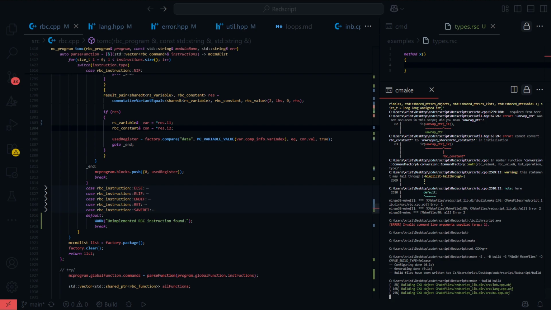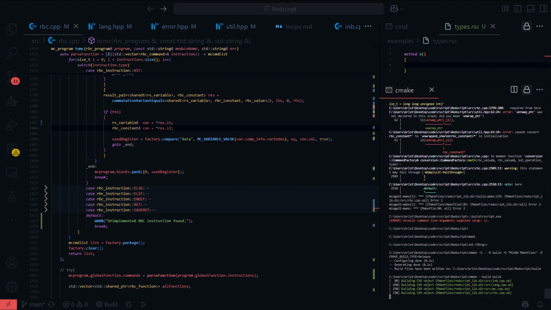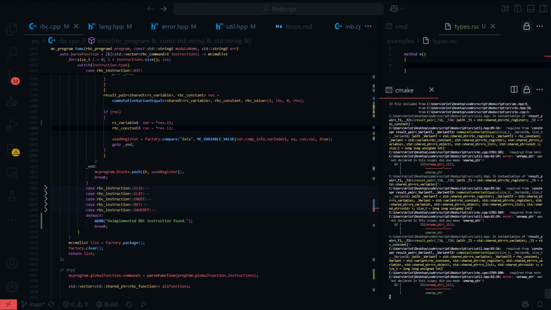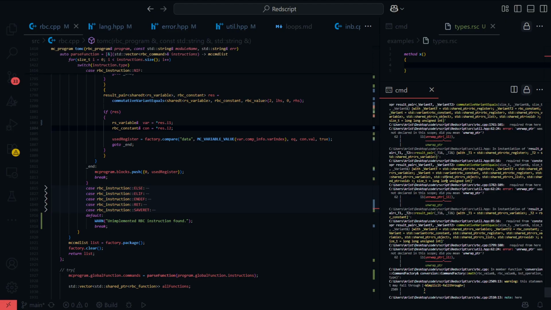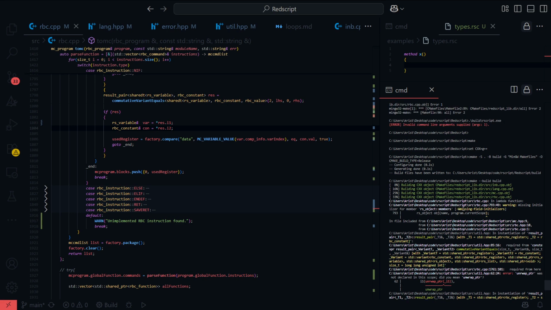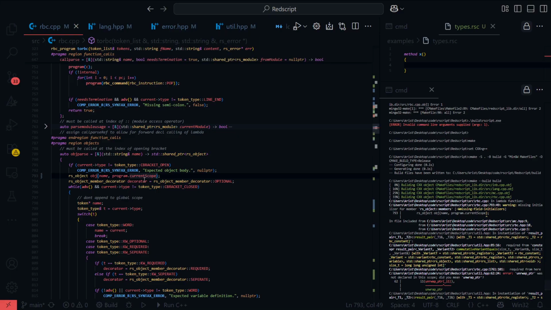So after 2 hours almost? No, like in the C tour. Huh? How am I getting errors? Let's just go through them one by one. Current scope is an int32t.